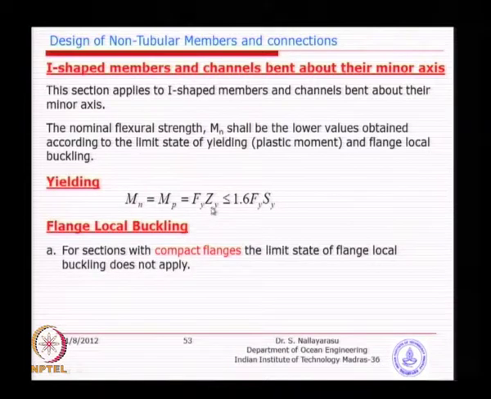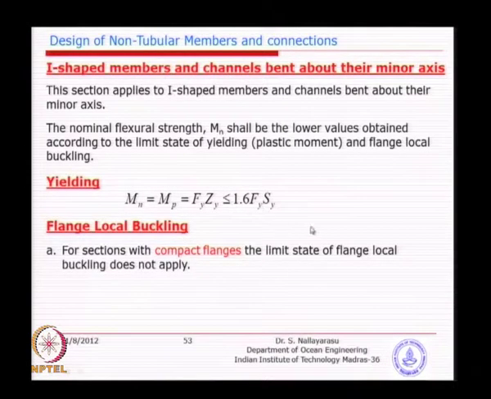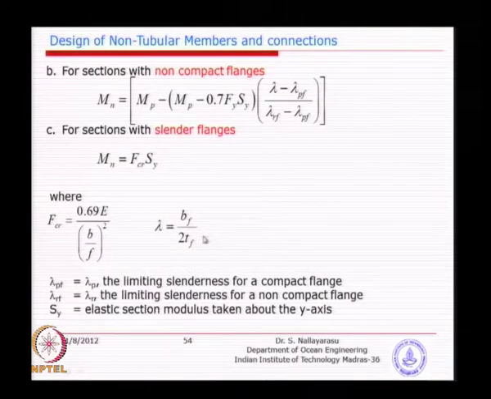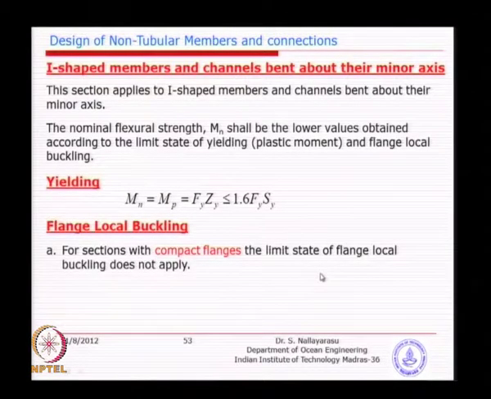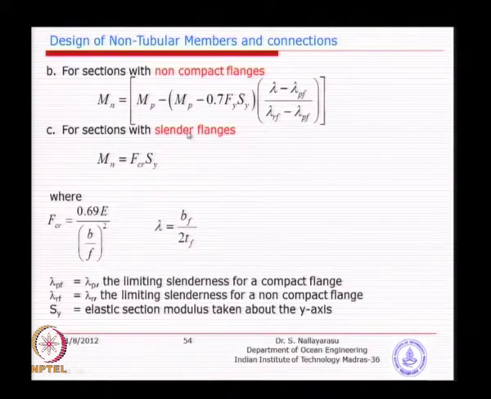So, yielding is Fy times Zy, but limited to 1.6 times Fy times Sy. You can see here the ratio between Zy and Sy matters a lot. As long as you keep the ratio larger, it is good, but unfortunately for I sections the ratio is about 20%, so you will still see a reduction there. For local buckling, with compact flanges, you do not need to change anything, that means buckling does not apply. When you have sections of non-compact or cylinder flanges, you apply these formulas, very similar to what we did for the